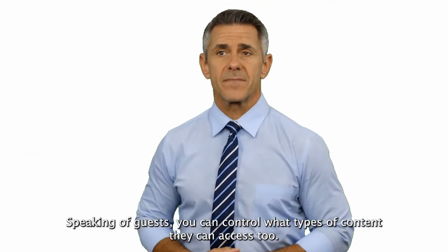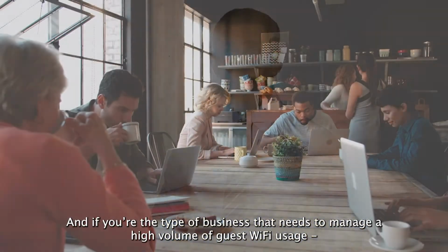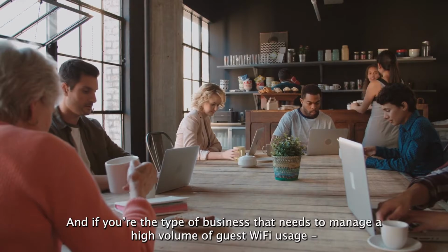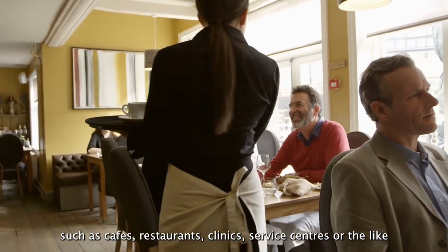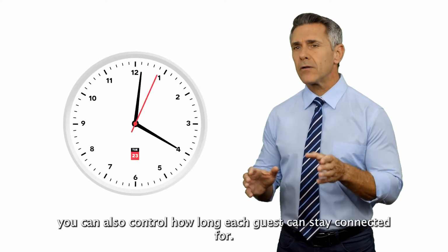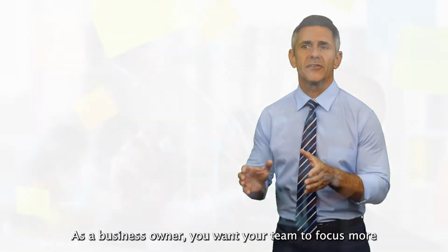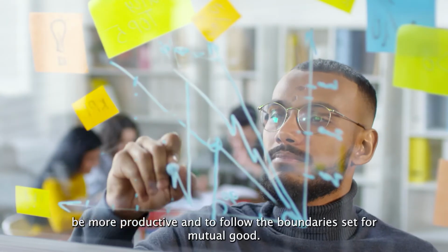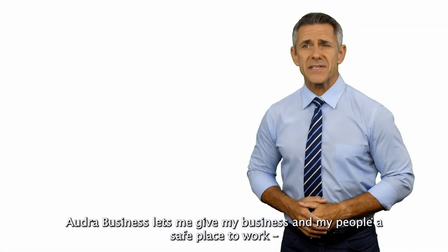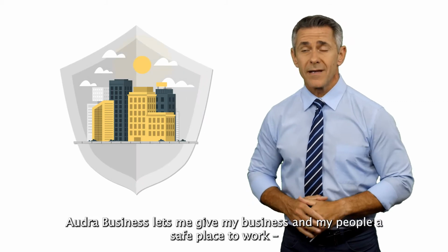Speaking of guests, you can control what type of content they can access. And if you're the type of business that needs to manage a high volume of guests' Wi-Fi usage, such as cafes, restaurants, clinics, service centers, or the like, you can also control how long each guest can stay connected for. As a business owner, you want your team to focus more, be more productive, and to follow the boundaries set for mutual good. Audra Business lets me give my business and my people a safe place to work, not just